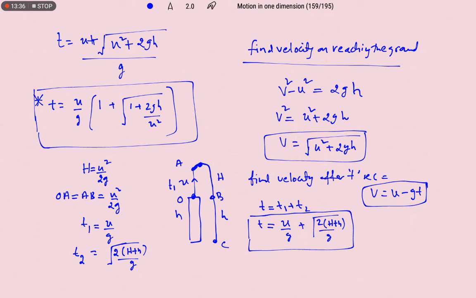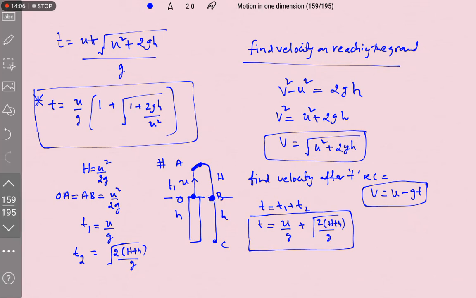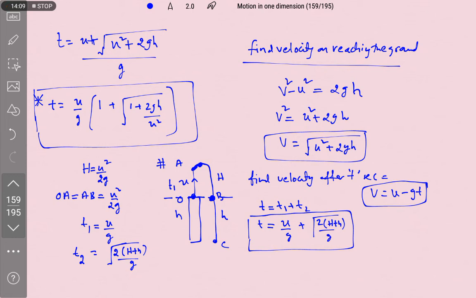tower. And one more important point, when the object reaches the same level of projection. What is the same level of projection? B is the point where the object has the same level of projection as point O, and at point O and point B the object possesses the same velocity. This is the point you need to remember. When the object reaches the same level of projection, it acquires the same speed as the velocity of projection. This is the case when the object is projected vertically upwards. So sign conventions are very, very important for this kind of motion.